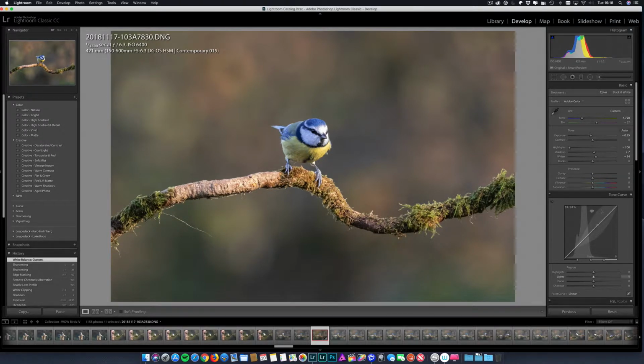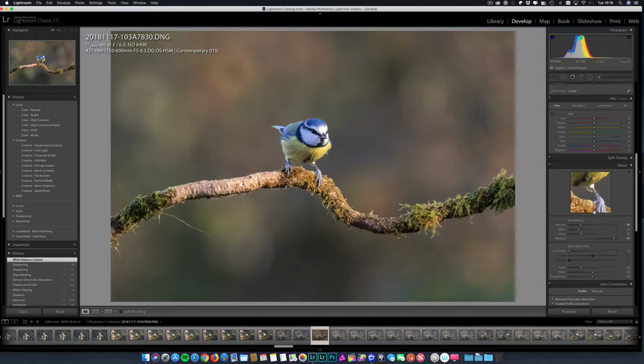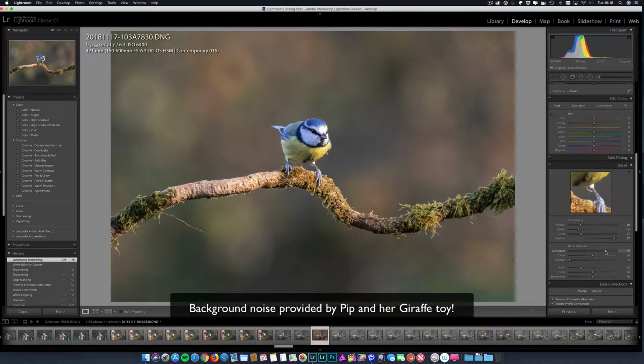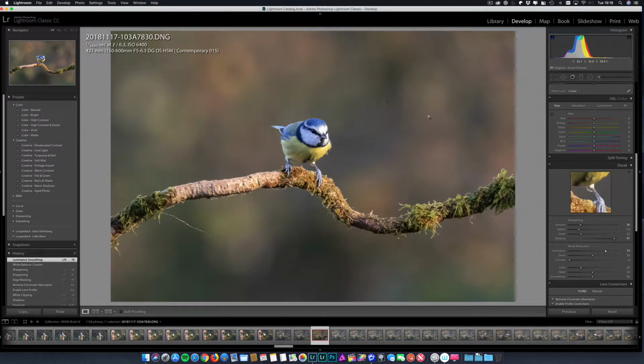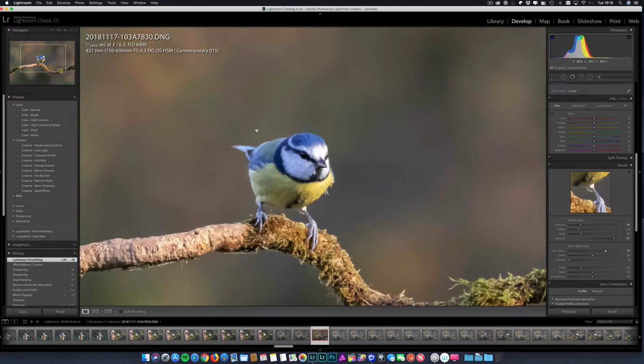Okay, so the next thing we're going to do is we're going to actually just completely get rid of this noise, and this looks really heavy-handed, but we're going to go to the luminance slider on the noise reduction, and we're going to drag it right the way up. Let's bring it up to about 80, and we should see it's processing away. Right, so you'll see now we've got quite a smooth background. That's actually pretty nice, but what we've done is we've completely softened out the little birdie, so we don't want